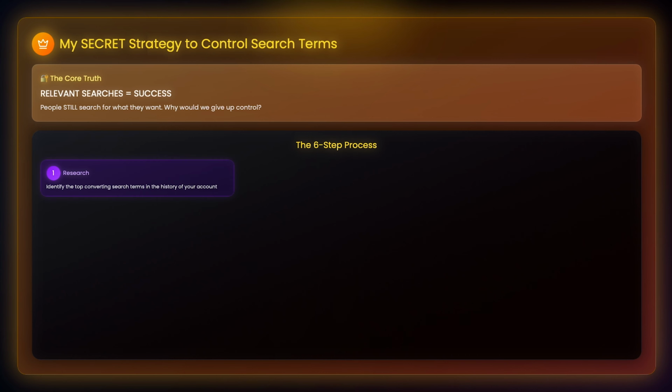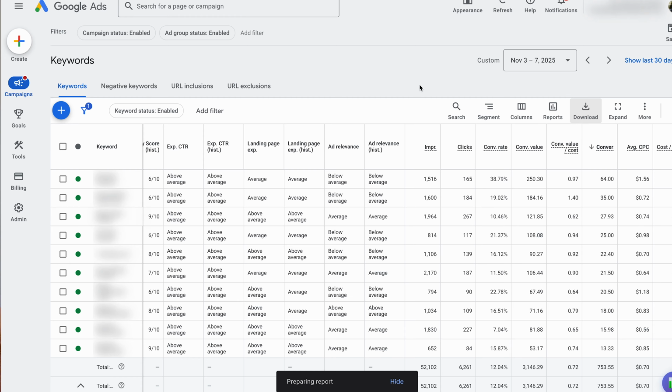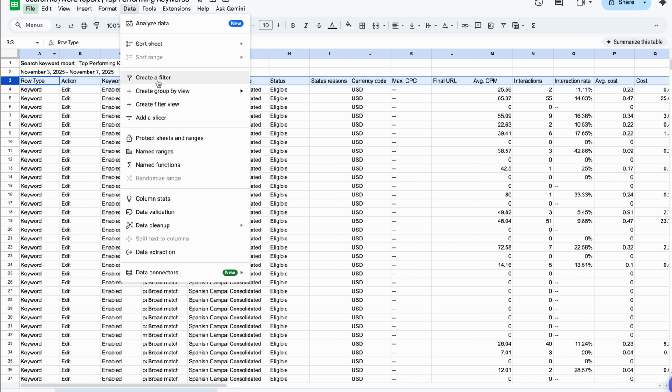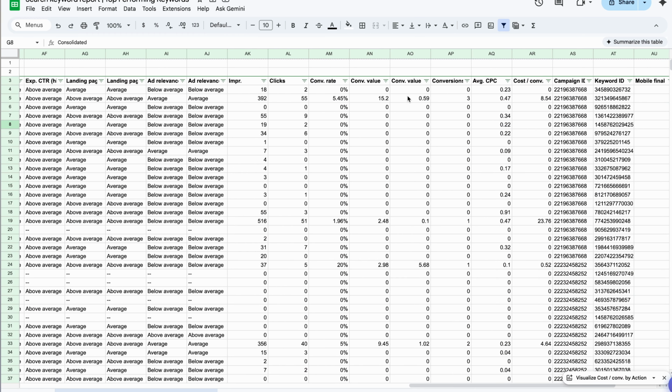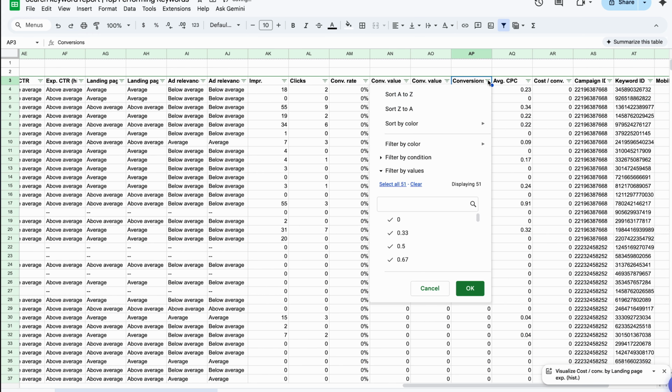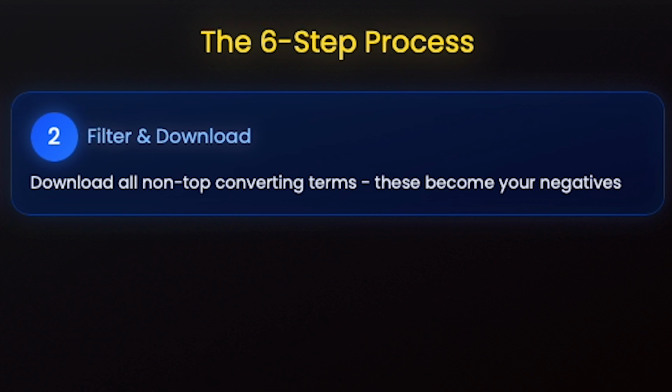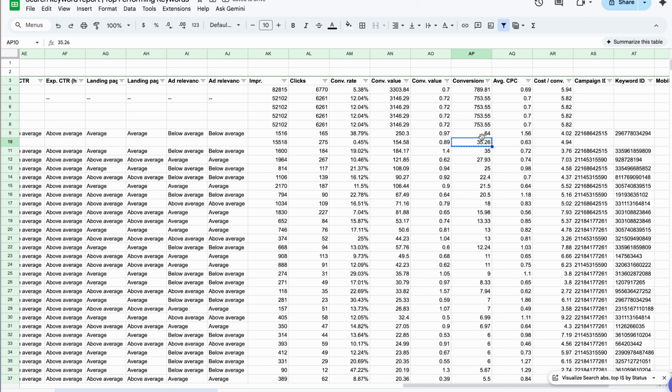This works both for search campaigns and standard shopping campaigns. There are 6 steps. So the first one is research. This is where you're going to compile a list of the top converting search terms in the history of the account. So you'll want to filter for all time and filter by conversions, and then that's your list. You'll basically take the top 10 to 20. Then you can go ahead and filter out those searches and download all of the terms that are not those top converting terms. This is what we're going to add as negatives to the campaign before the campaign even starts,